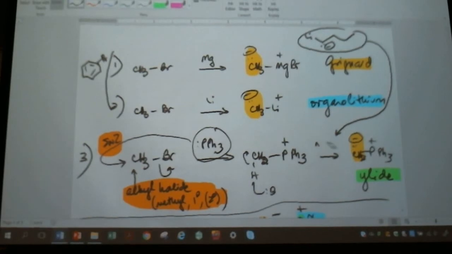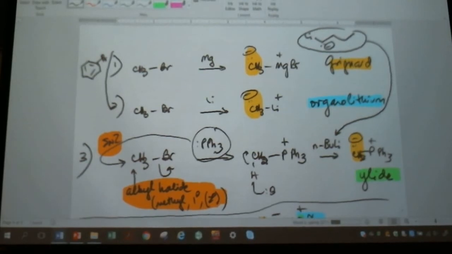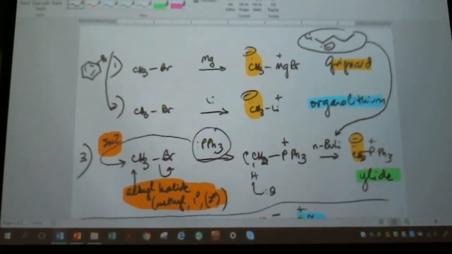And realize my handwriting is atrocious. Okay, so